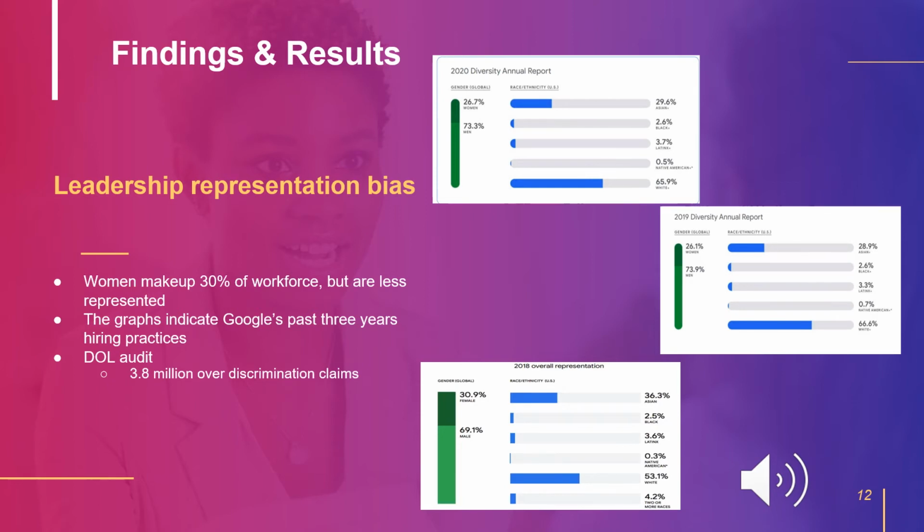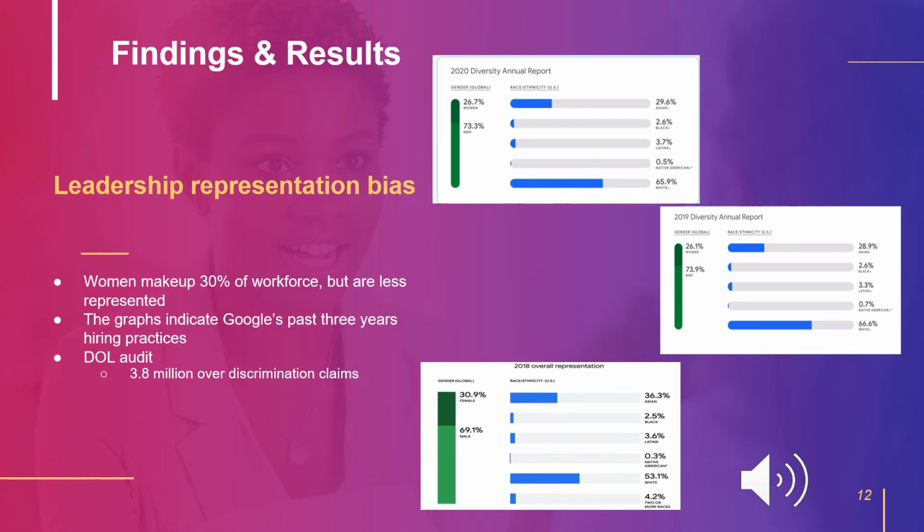The graphs illustrate the last 3 years of Google's hiring practice, in which they seem to have been favoring men, of course, over women. Women make up 30% of the workforce but are still less represented in both leadership and tech roles. Recently, a DOL audit found preliminary evidence of biased practice against women at Google. And as of February of 2021, Google will have to pay a total of $3.8 million to workers over claims its hiring and pay practices were biased